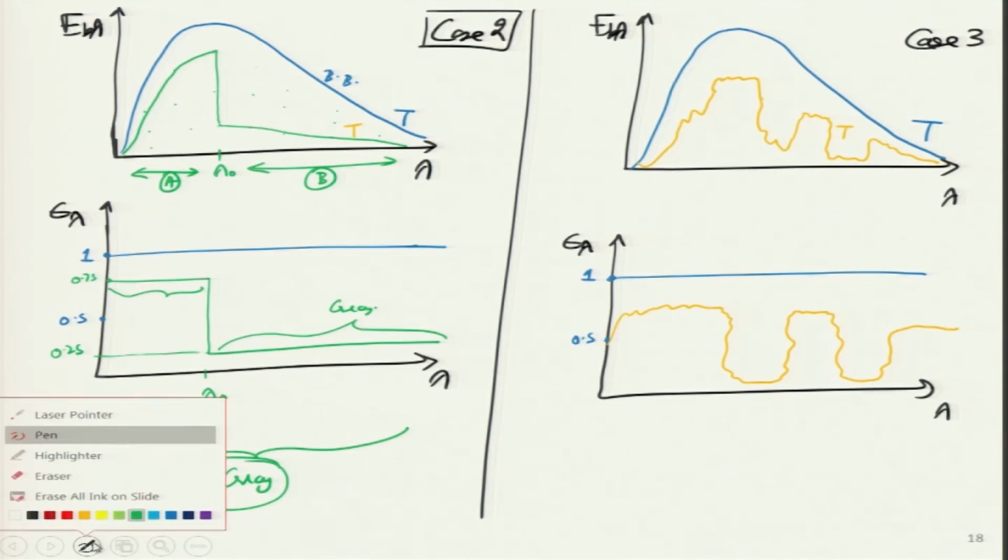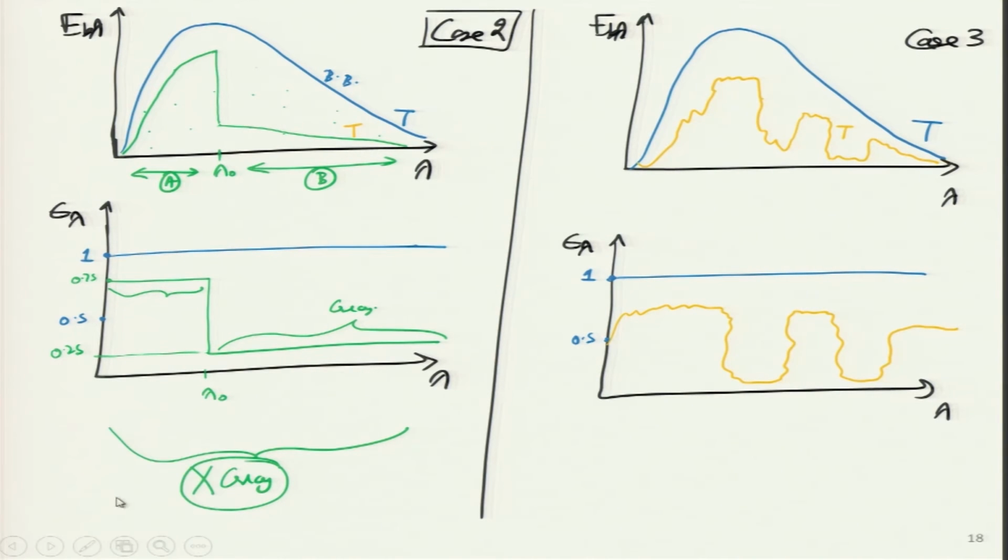Why? Because its spectrum is changing. Emissivity actually is a function of wavelength. Here it is very high, then suddenly it has gone down, then it has gone down like this. So only for selective wavelengths it is behaving like a grey body. Overall it is not a grey body, its emissivity is not constant with wavelength.